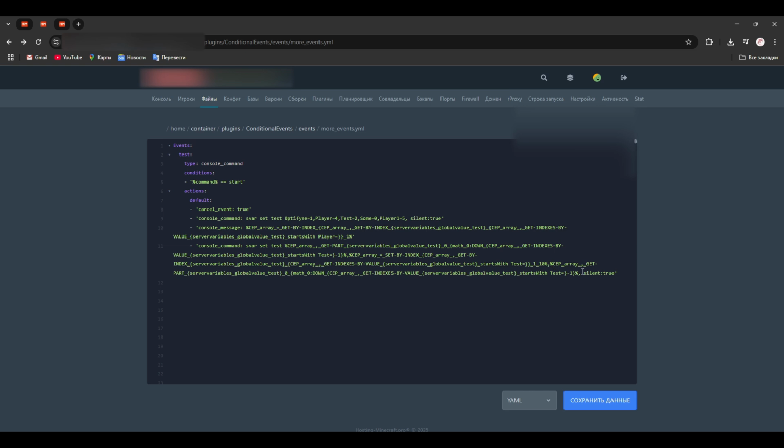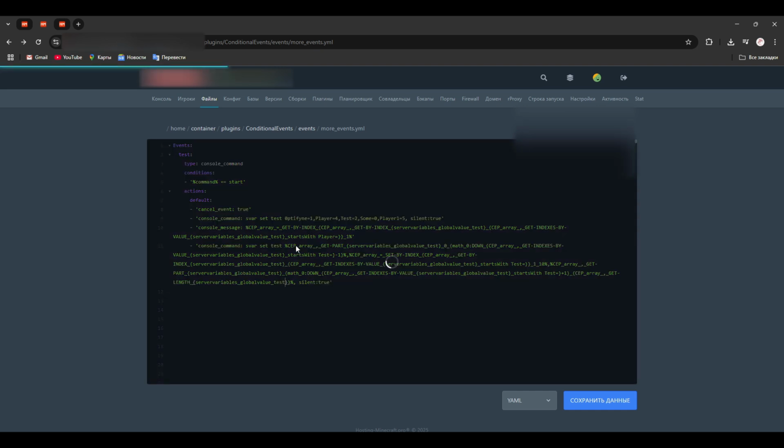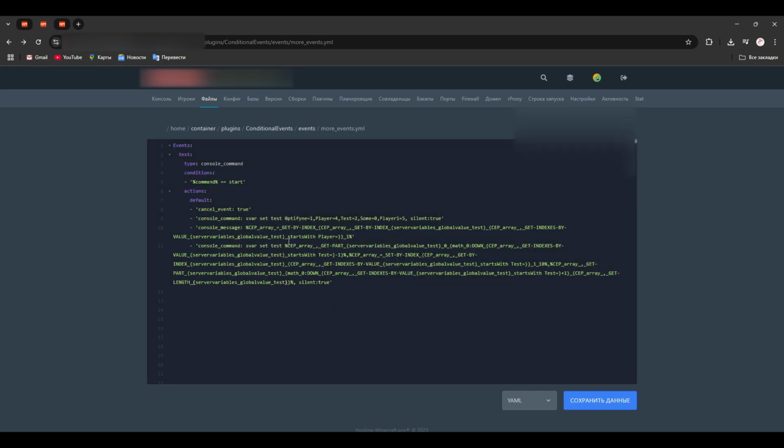Again, put here comma, then it will be vice versa from this, but plus 1, and to set array, comma, get length test. That is to the index which will equal the length of the array.